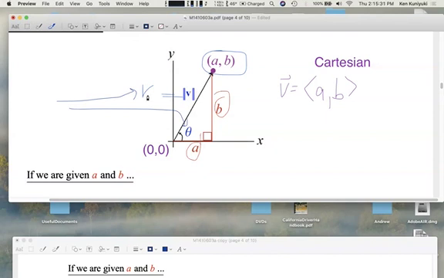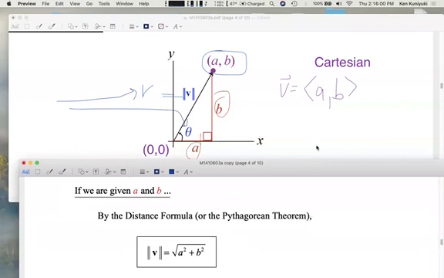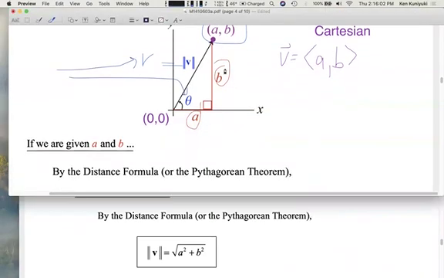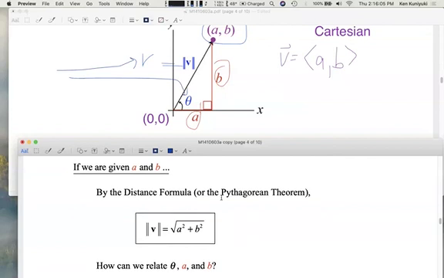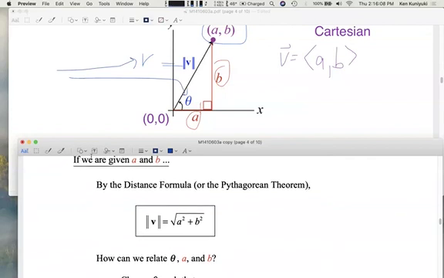First of all, how do we get r, or the magnitude of v, the length of v? Well, we're given two side lengths of a right triangle, and these can be signed. Remember, a and b can be negative also. We could be in a different quadrant. We could even be quadrantal. But let's say here a and b are positive. They represent sides of a right triangle, the legs. How can we get this hypotenuse? From whose theorem? You know him, Mr. Pythagoras. So from the Pythagorean theorem, which is also related to the distance formula, right,